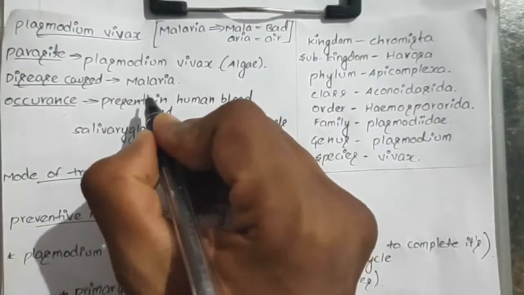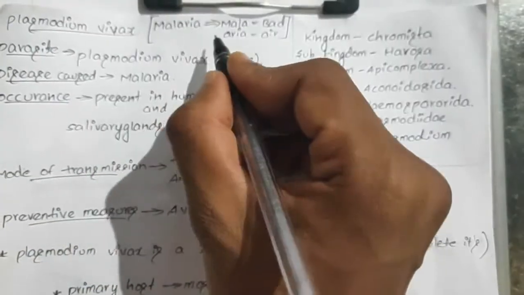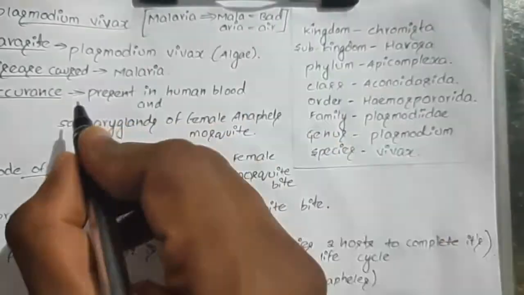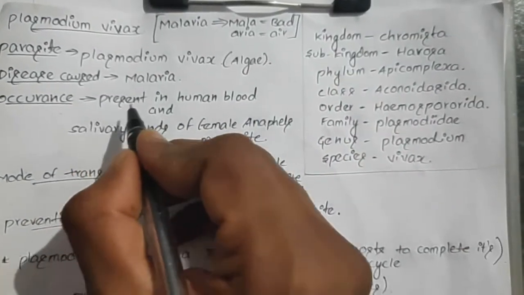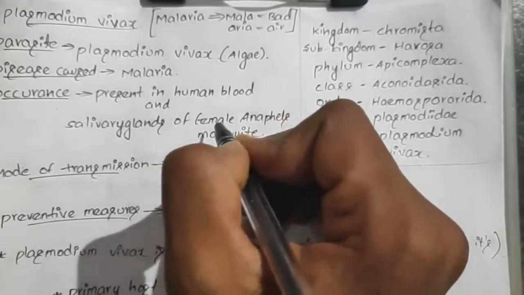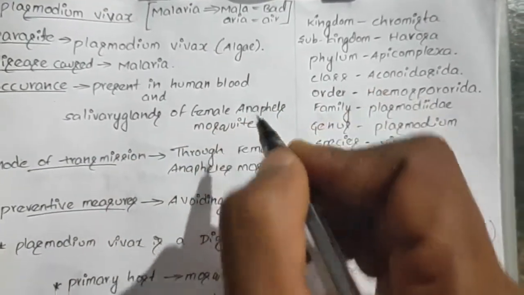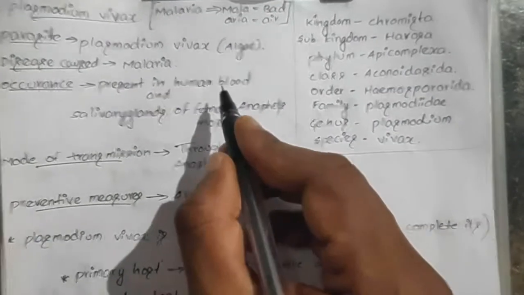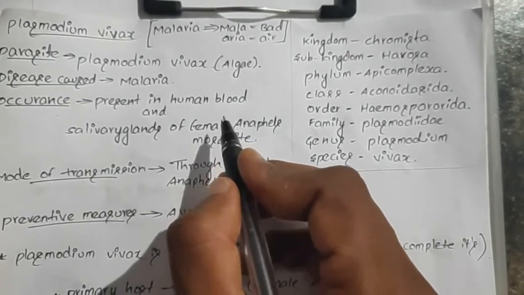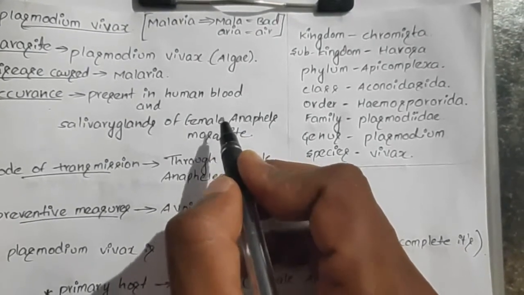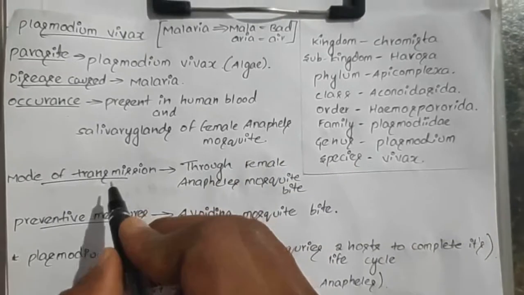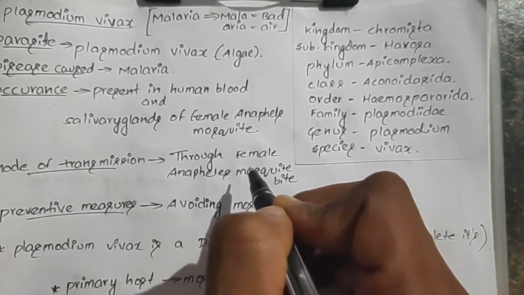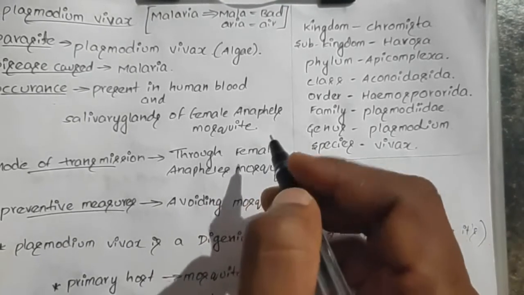The parasite Plasmodium vivax causes malaria disease. Malaria means mala, bad, and aria, air. Malaria means bad air. Plasmodium vivax is present in the human blood and in the salivary glands of the female Anopheles mosquito. It requires two hosts to complete its life cycle, so Plasmodium vivax is a digenic animal. Digenic means animals which require two hosts to complete their life cycle. The mode of transmission is through the female Anopheles mosquito: when it bites humans, the malaria disease is caused